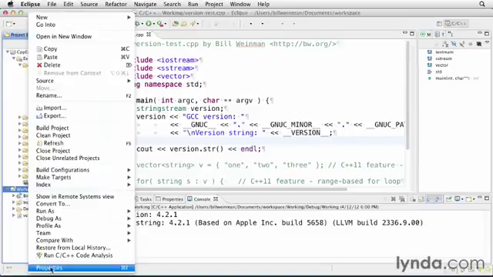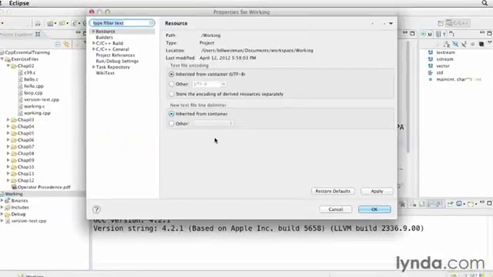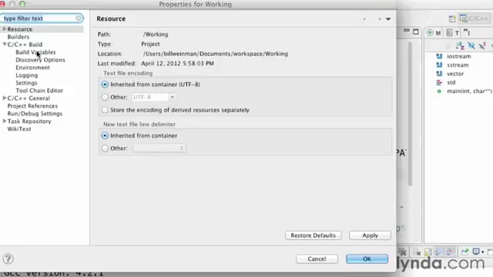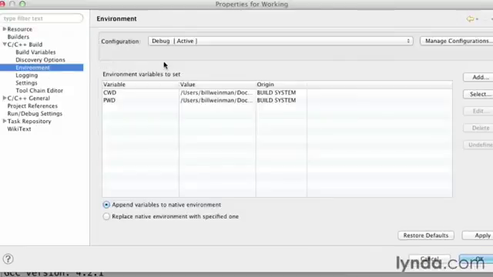And now I'm going to come back into Eclipse, and then I'm going to select my working project and right-click and select Properties. So this is setting the properties of the working project. You see it says Properties for Working. This is not the properties for the entire Eclipse application. So under C and C++ build here, you'll notice something called environment. And here in the environment, we're going to add a few environment variables. And this will tell Eclipse where to find the tool chain so that it'll use the correct version of GCC